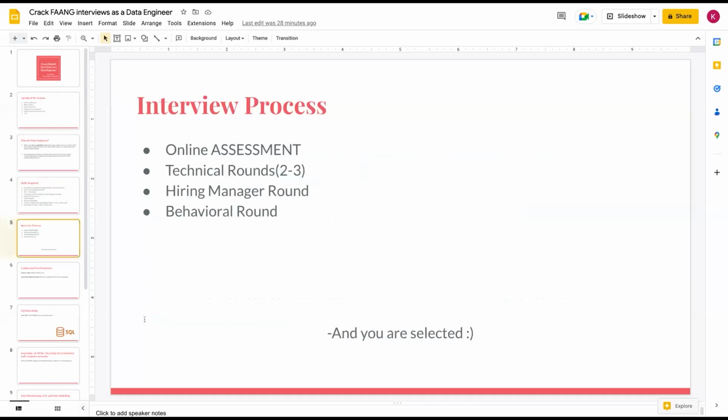Then moving next to the interview process. What do companies basically judge on the candidate, and what is the interview process? In this, I'll mainly be talking about what the steps are, and what the different kinds of rounds are. So if we talk about the first step, it will be an online assessment, right? Under this online assessment, as I already mentioned,